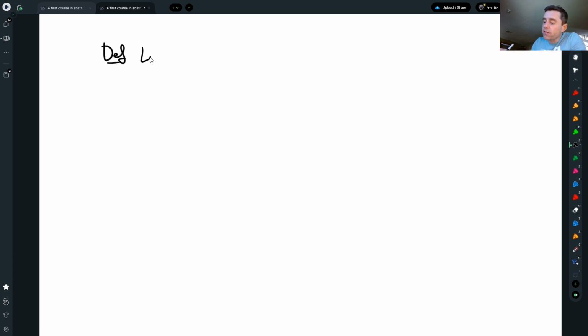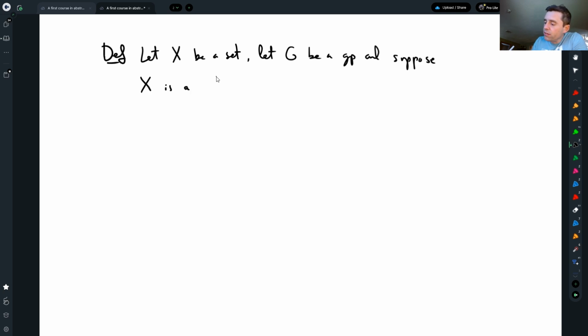So let X be a set. Let G be a group. And suppose X is a G set. In the future, I might just say X is a G set and avoid saying that X is a set, G is a group, and so on. And let x and y be elements of X. We say